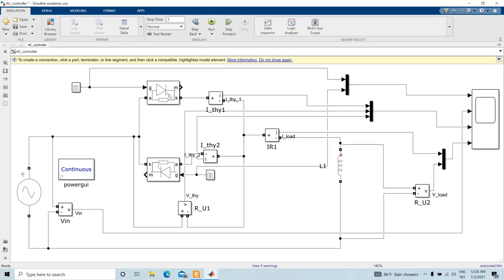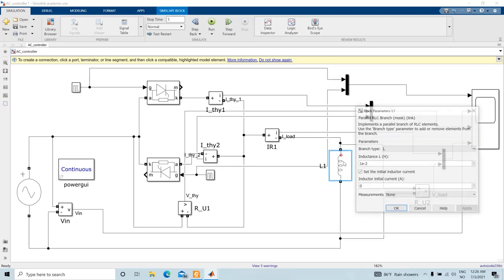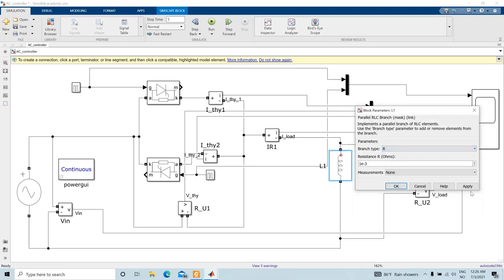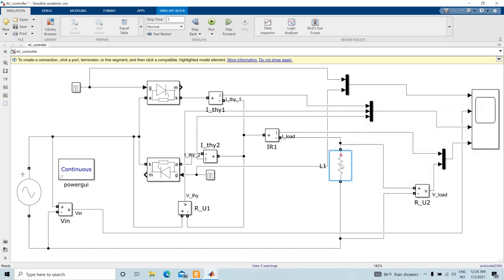So let's first see how the phase control is working for a resistive load. If we change this load to a resistive load and place this value as 1, so this is our load, and then we're measuring the load current here. This is our load current, and this is the load voltage. Number 4 will show the load voltage in the scope, and then we have two anti-parallel thyristors here, which